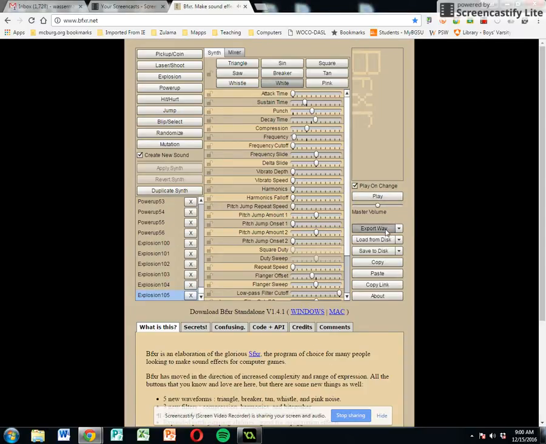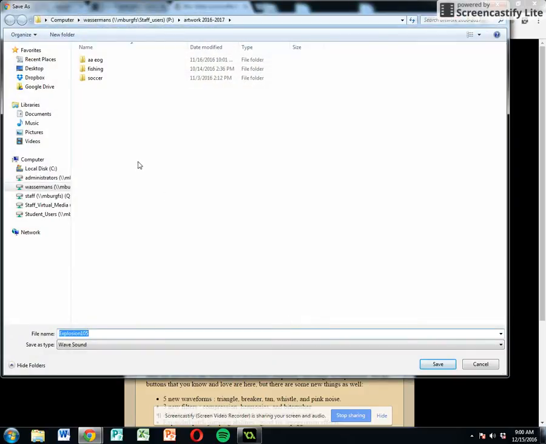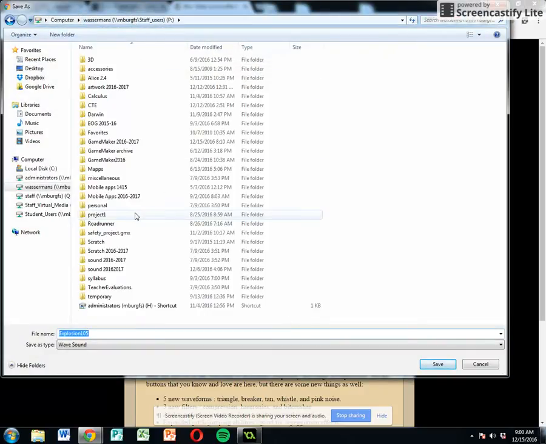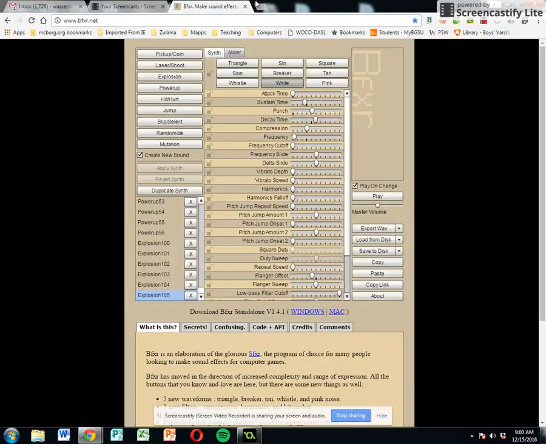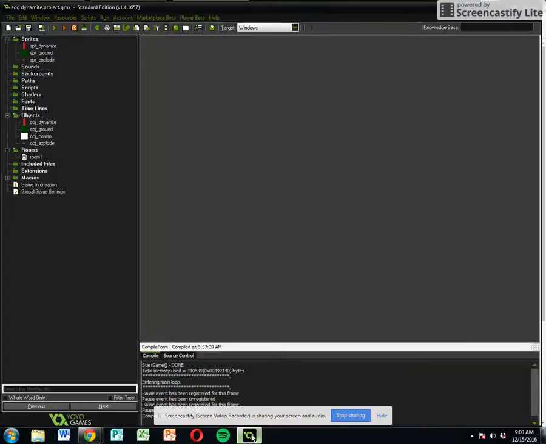So I just go ahead and say export WAV file. It says where do you want to store it. I actually have a file over here that I store, and it is in my sounds folder. So I'm just going to store it in there. All right, so once I store it in my sounds folder, I'll go back to my program, and to insert